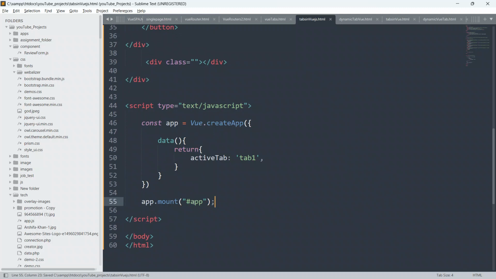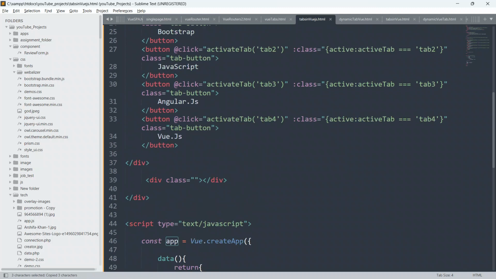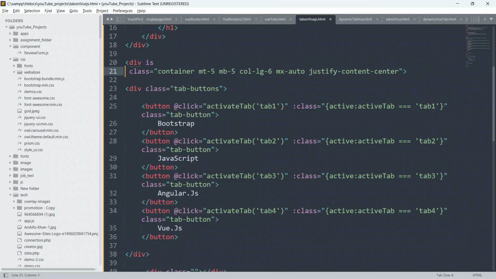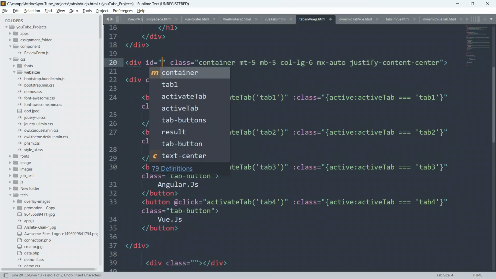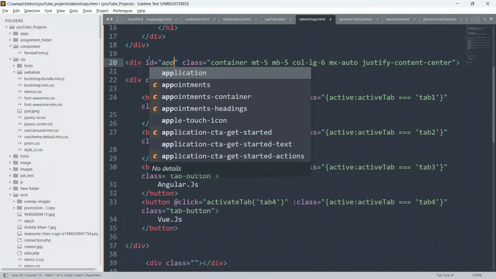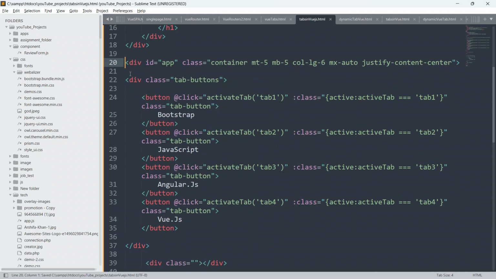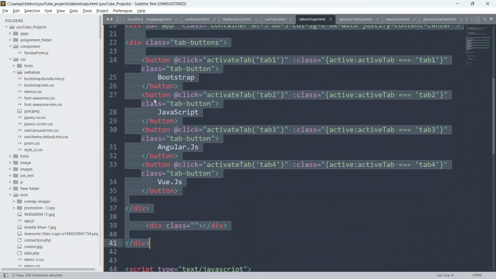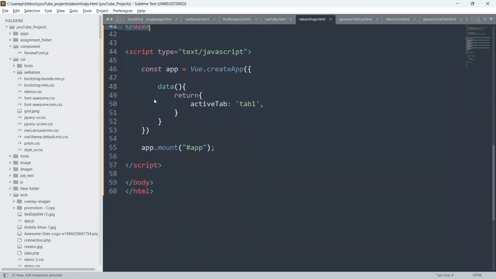So guys, now we are going to copy this id from here and paste it here. Give the id to this div, give the id as equal to app. So guys, now this entire div has been mounted with this Vue.js instance.